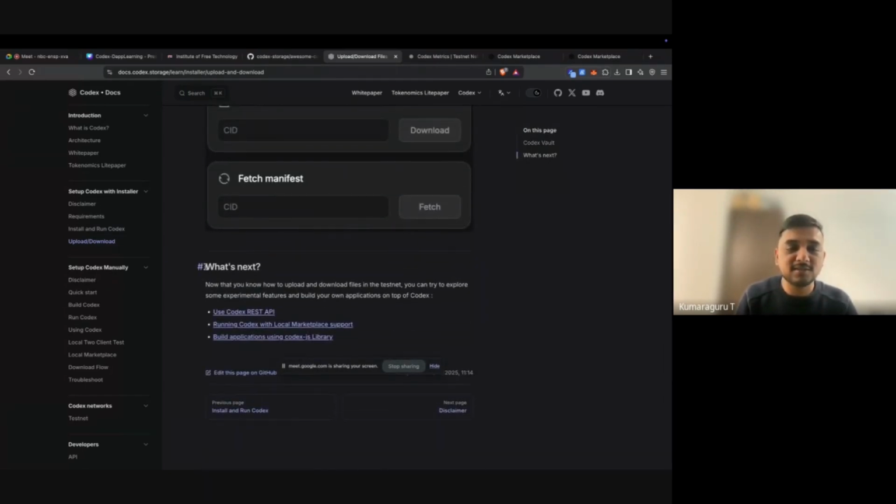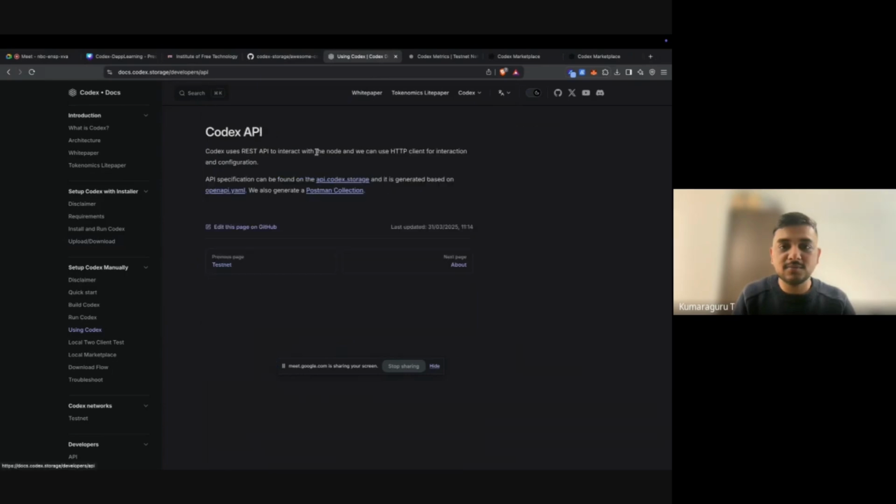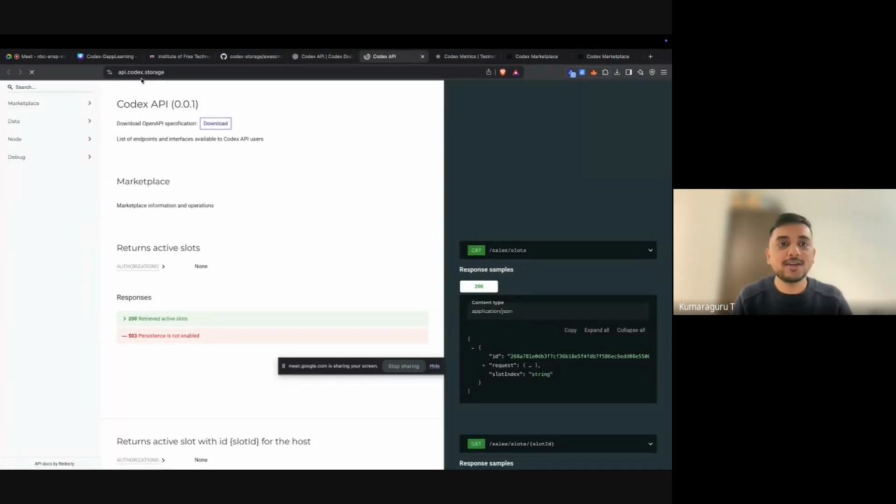After you complete this, you have this what's next section where we have the Codex REST APIs that can help you interact with your Codex node. I'll take you through the Codex REST APIs. Firstly, it's available at api.codex.storage. You can go here to see all the list of APIs that you can use for interacting with your